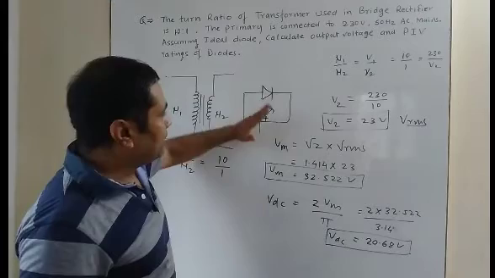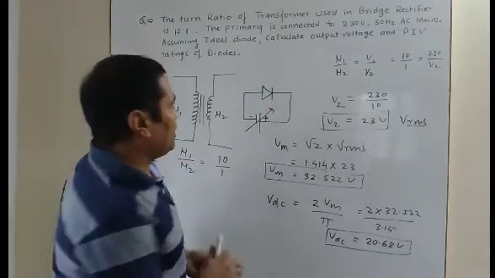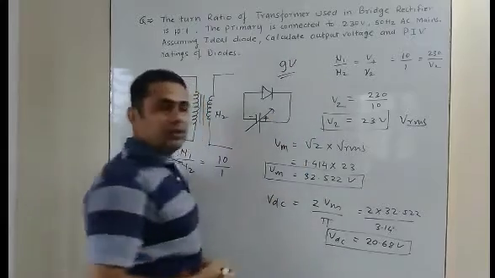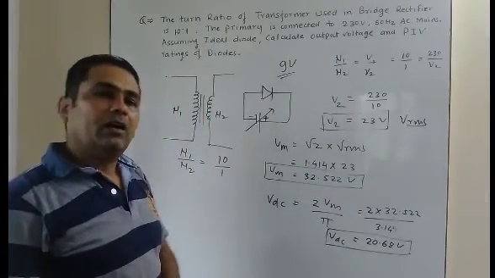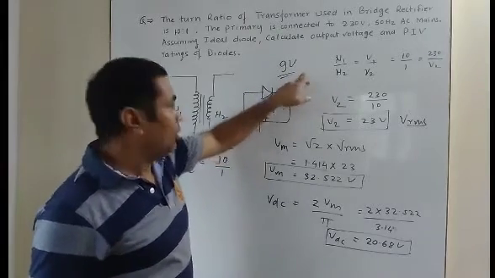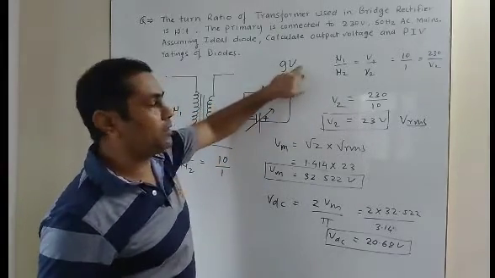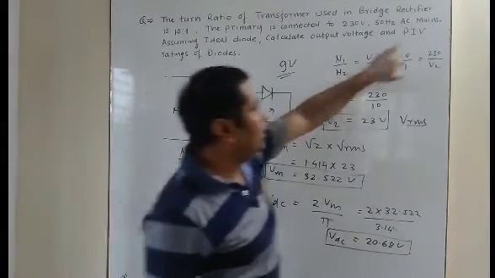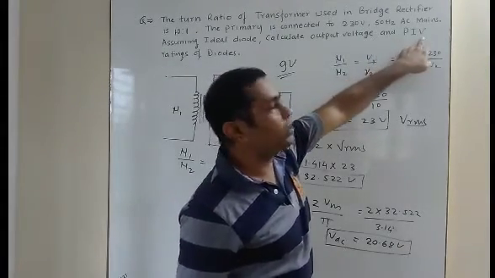If this diode has some rating, like suppose 9 volt is the breakdown voltage, then we have to apply a reverse bias voltage less than 9 volt, not more than 9 volt. So this will be the maximum voltage that a diode can handle in the reverse bias mode, and that rating is called the peak inverse voltage rating.